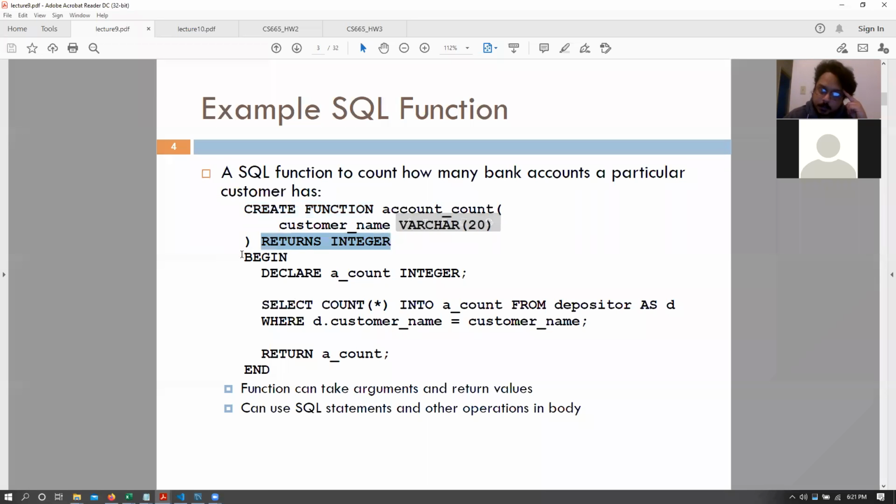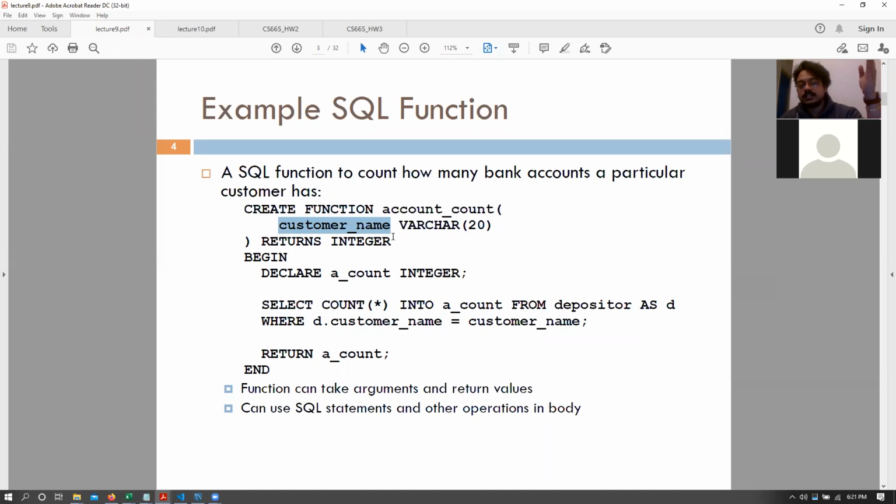And then we have the function body, that is begin and end. Within this, the function body declares an integer called a count and selects count star, saves it into a count, selecting count star from depositor, where depositor.customer name is the customer name that was provided as the parameter.